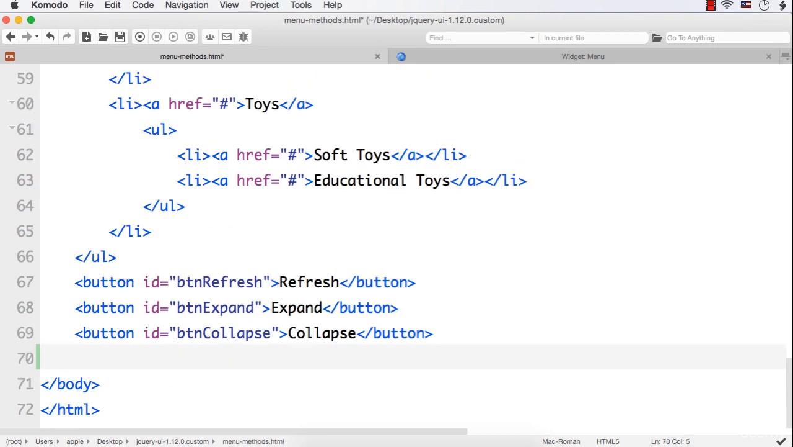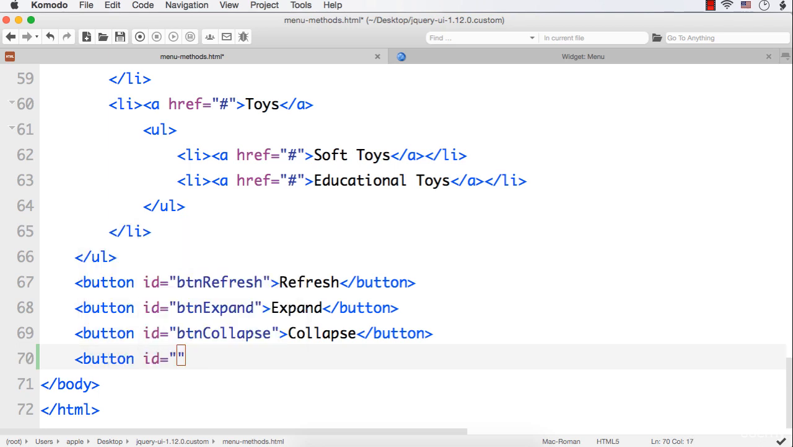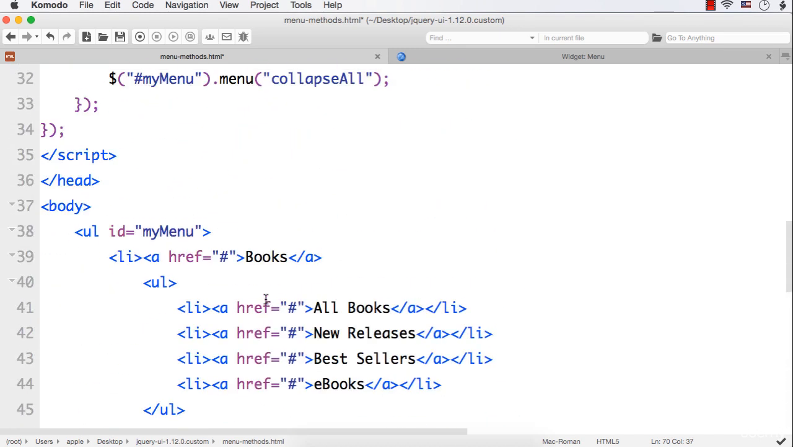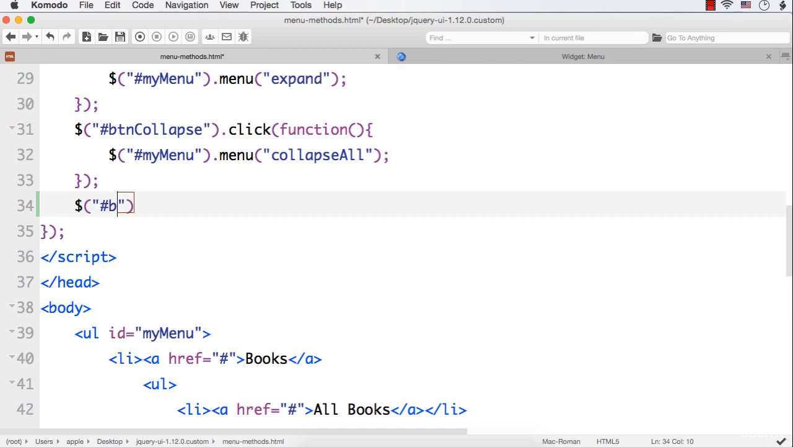So let me add one more button, button ID equals is first, or btn is first. That will be better, I think. btn is first, and let the label be is first. And on the click of this button, I want to do something. So after this $hash btn is first, on the click of this, let me add the function, and within this,